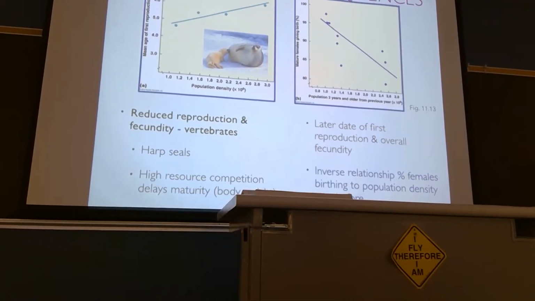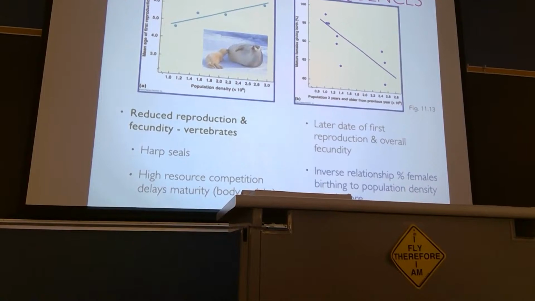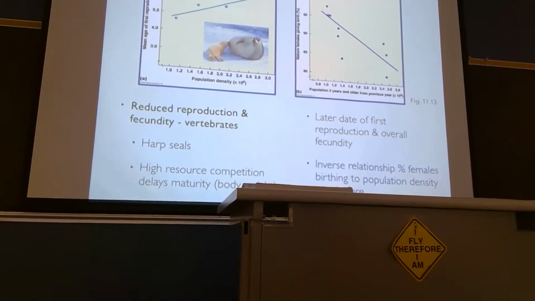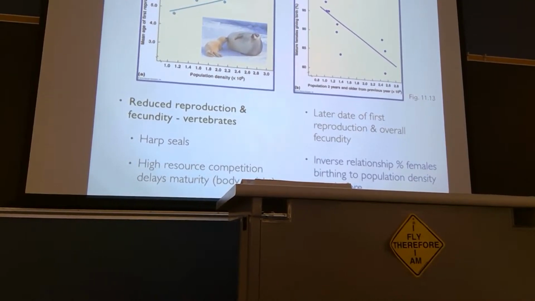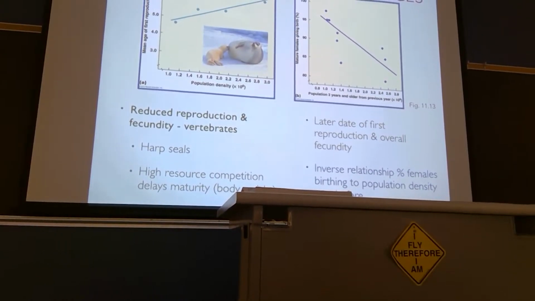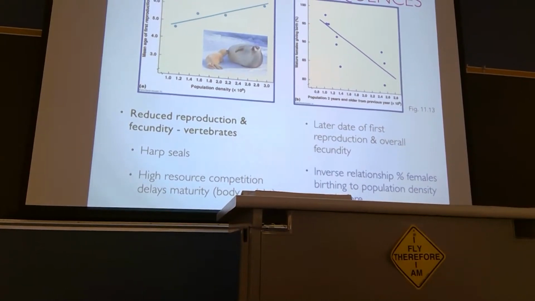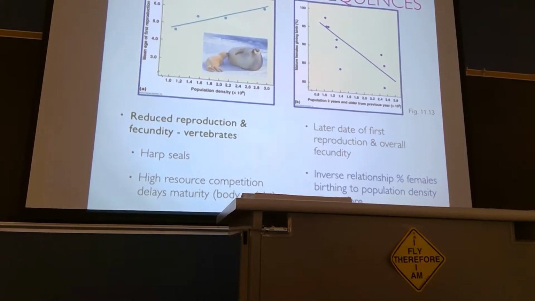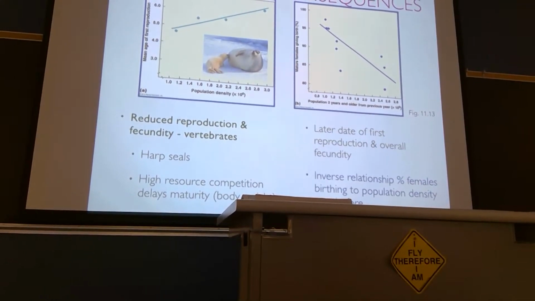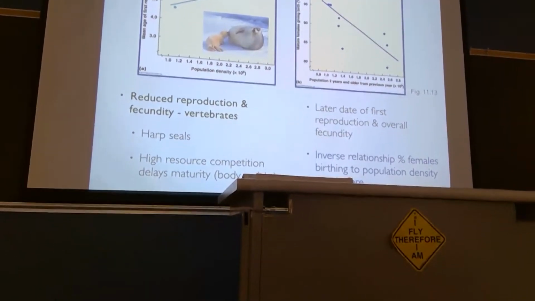It affects the number of offspring that are produced too. It affects you individually as to what age you start reproducing, and the population density affects whether or not you reproduce at all that year. Part of this is the time delay. Even if you were of age and able to reproduce, under high population densities, fewer of you choose to do that. And this is just giving birth. It's not successfully raising an offspring. And so it affects that fecundity amount, the number of offspring that are actually produced.